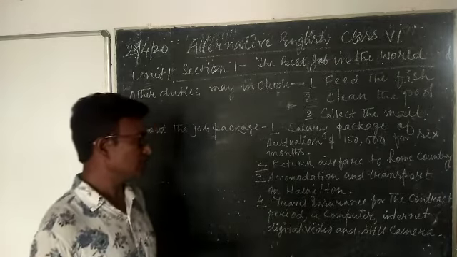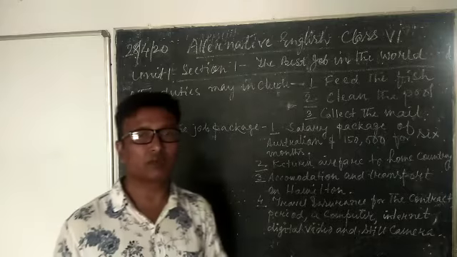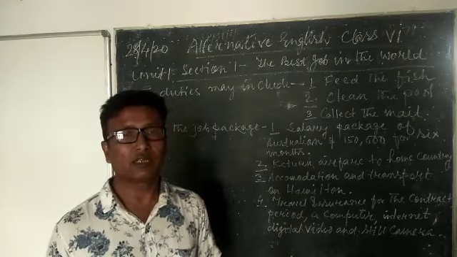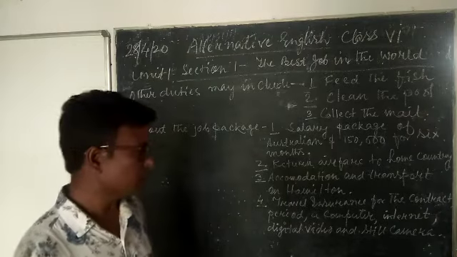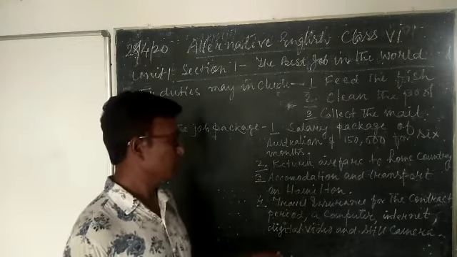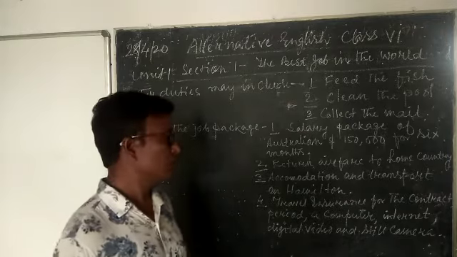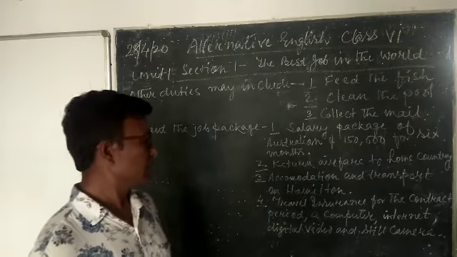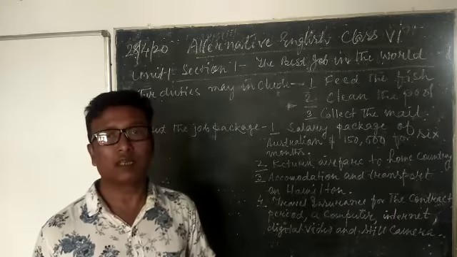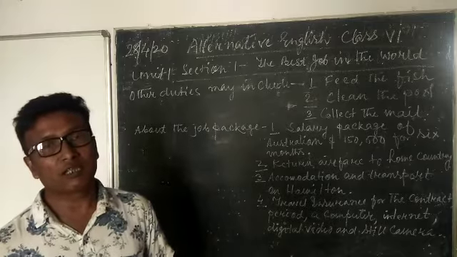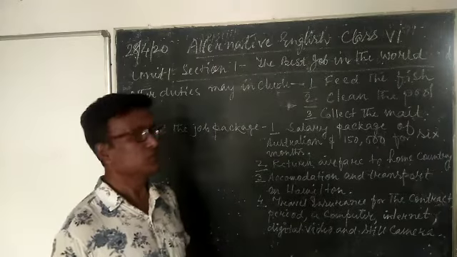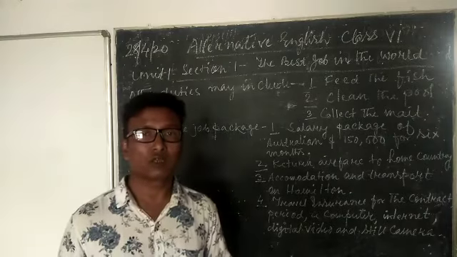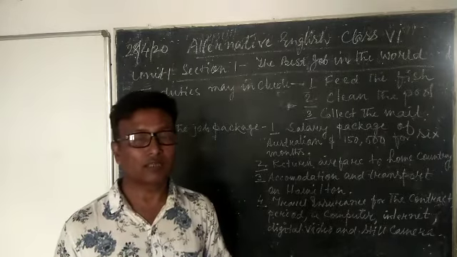Then the last point in the job package is about travel insurance. Now a question of security is there. If something happens during that 6 months term, what is going to happen? Now the person's life will have travel insurance for those 6 months. Then he will be provided a computer, internet, digital video, and still camera. So students, we can see this is indeed the best job in the world for 6 months, though it is providing so many facilities to that candidate who gets it.